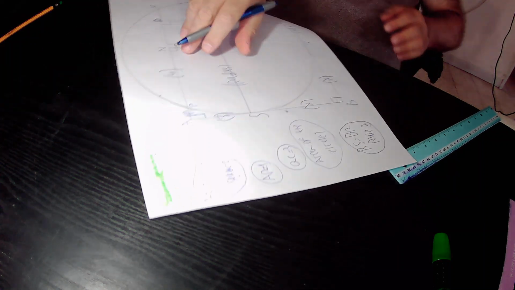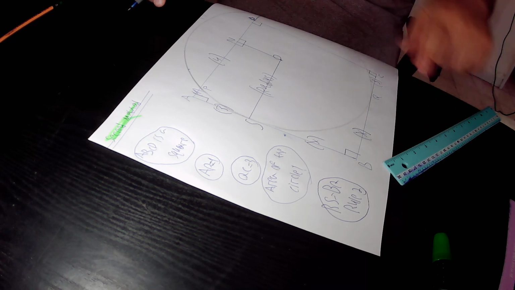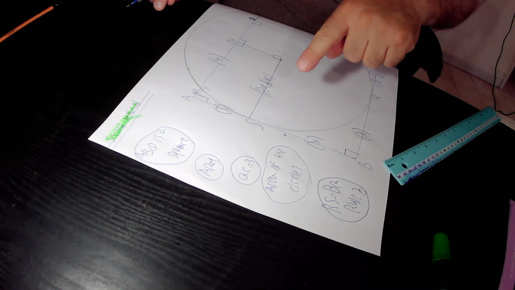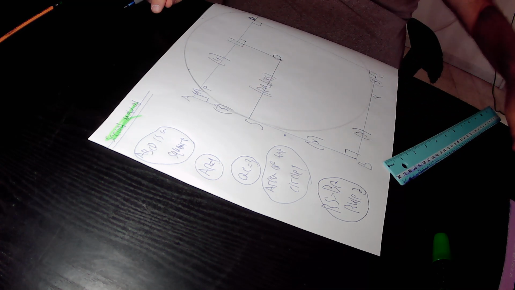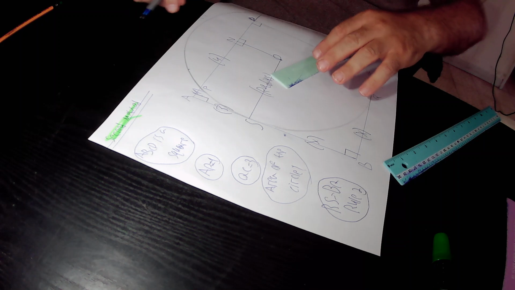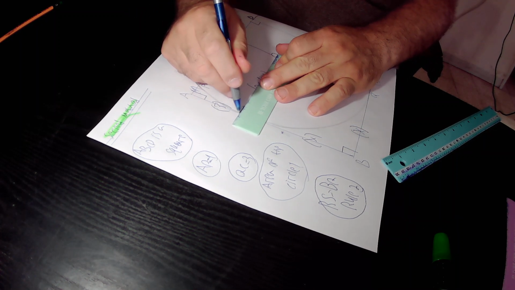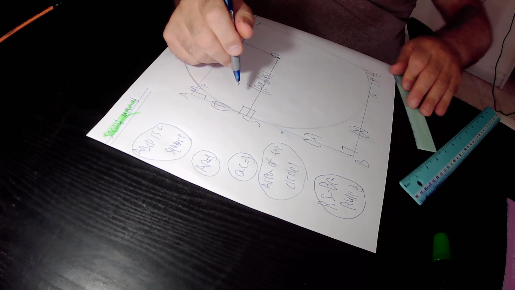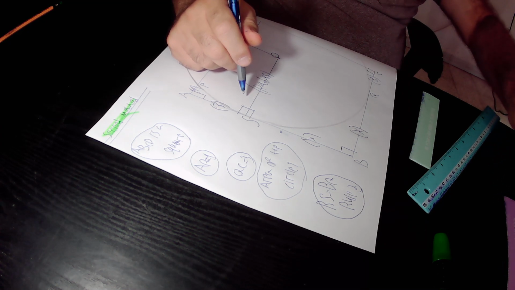And because the radius OS is drawn to point S, that is the point of tangency of tangent AB to this circle, whenever a radius is drawn to the point of tangency, the tangent AB will be perpendicular to the radius SO. If AB is perpendicular to SO, it means that this angle equals 90 degrees, and this angle also equals 90 degrees, according to rule 1. So by doing this construction,